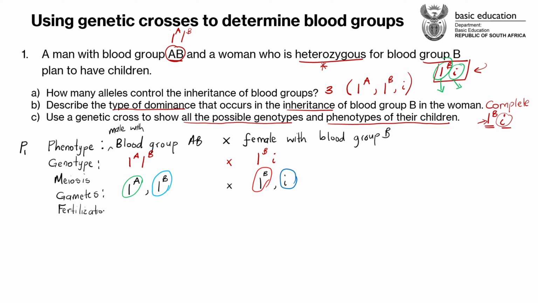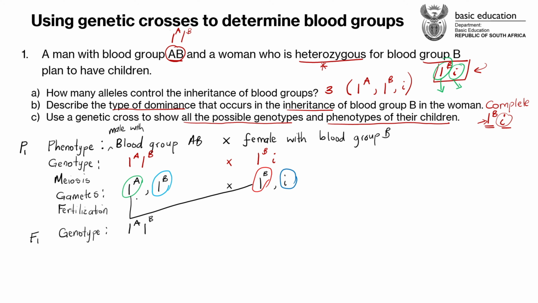fertilization. All of this is marks. If you don't write all of these points, you're going to lose marks, at least 2 marks. So during fertilization, this sperm cell can fertilize this ovum. The combination we're going to get there will be I with an A on top and I with a B on top. That is a possibility for our F1 generation of offspring. Remember, the whole purpose of fertilization is to bring babies. So once you write fertilization, whatever we find underneath will be the results from babies.